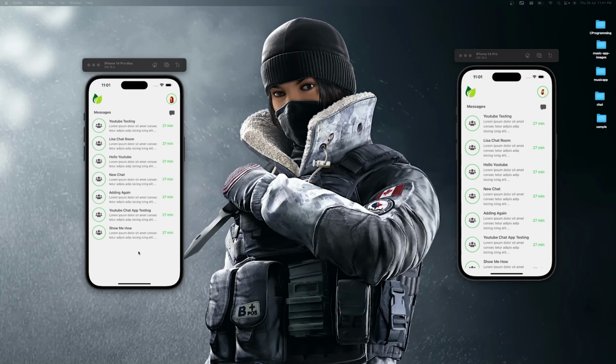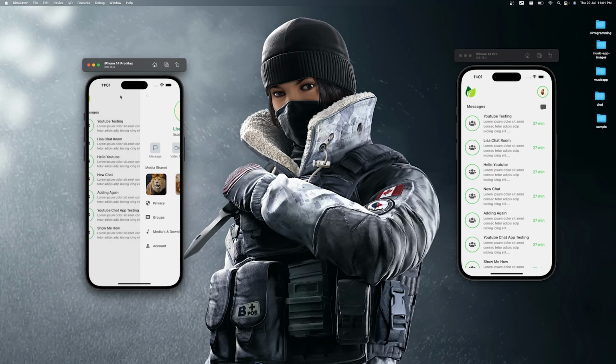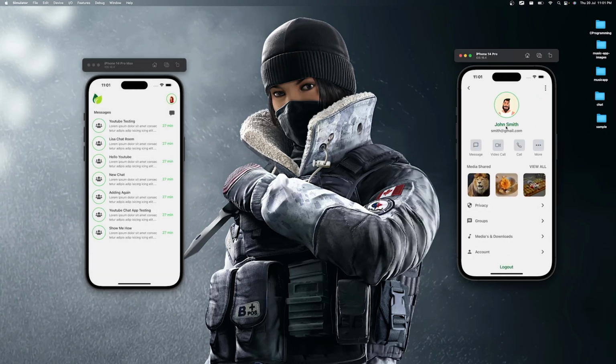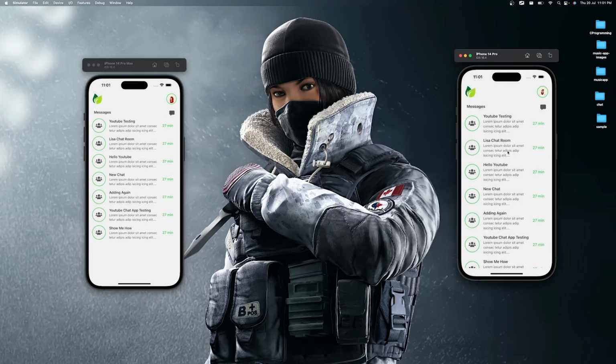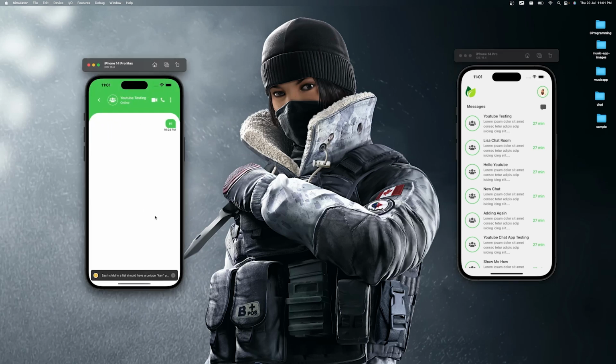So you can see here we have two different UI screens, logged in with two different users. One is logged in as Lisa and another one is logged in as John Smith. All right, so I can chat with these two different users in the same room, like let's say